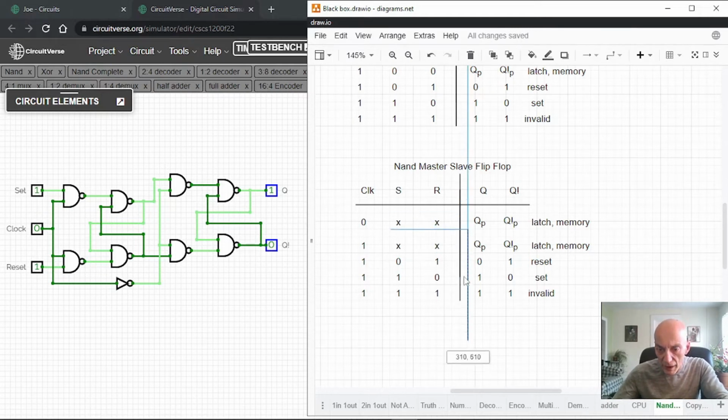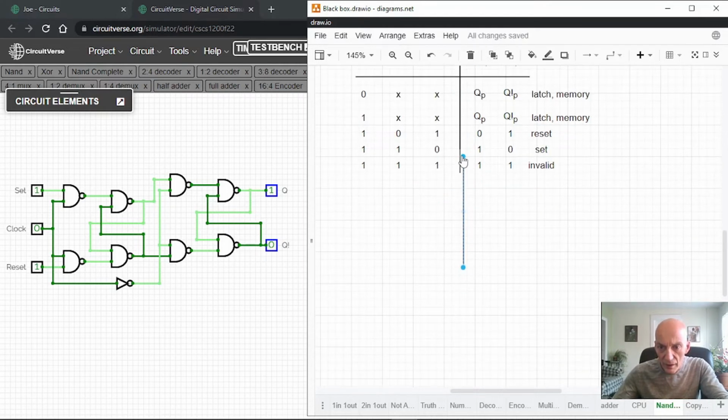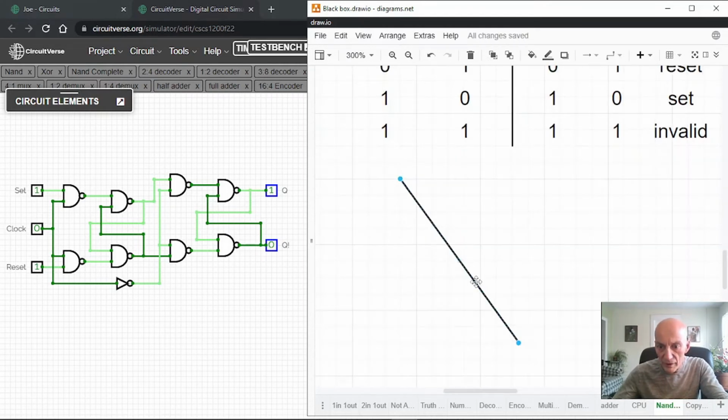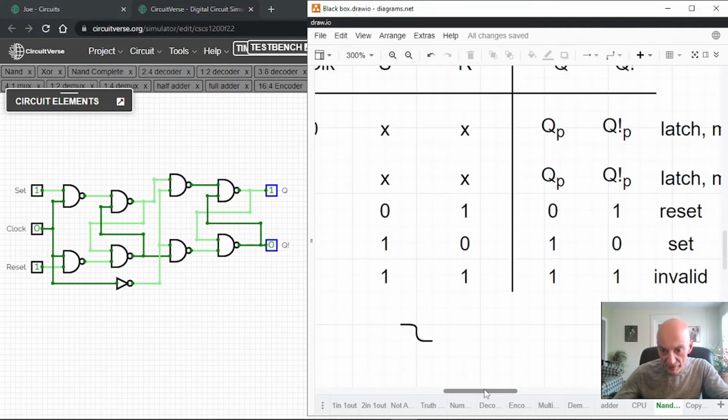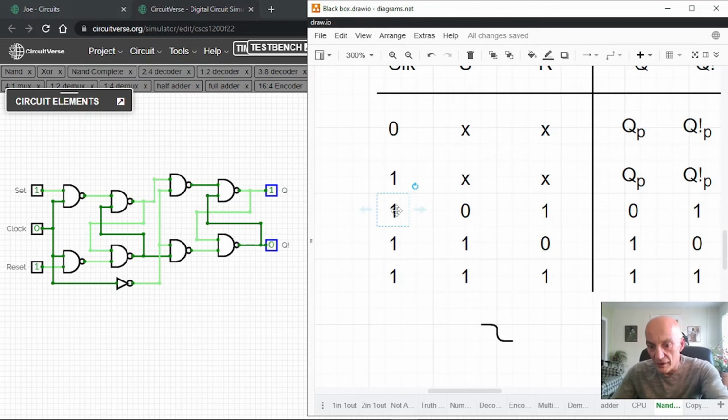So I'm going to grab another line here, and I'm going to zoom in a bit and make a symbol to indicate the transition occurring. Okay, so I'm indicating that's going from a high or a 1 or a preferred state to the lower state. And it's when that happens is when I can set or reset. So I'll move that up there, bump it up a little bit, copy that, paste another one here,